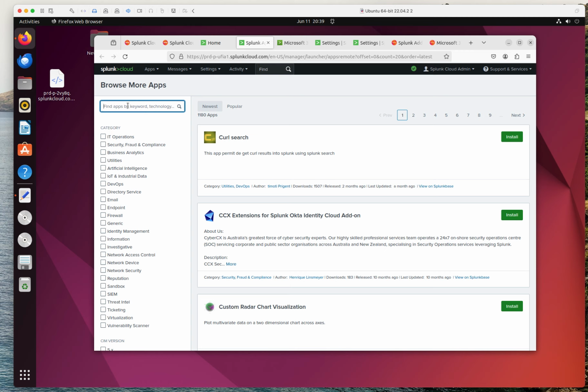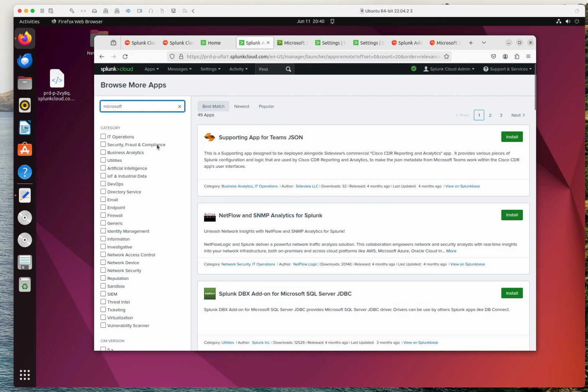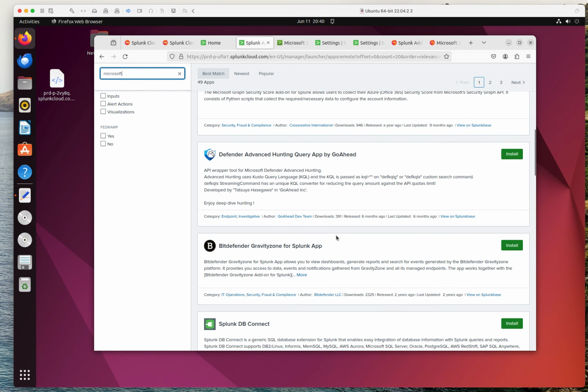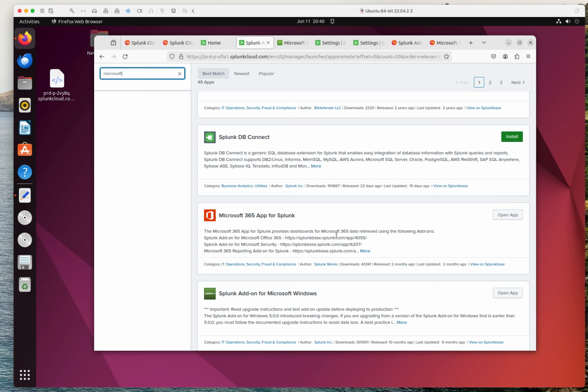For instance, if I'm working with Microsoft Office 365, that is what I have as part of emails and SharePoint and all that in the organization, you could do a search for Microsoft. Let's just do Microsoft, and you hit enter, so you'll see everything in here. When you do that, this Splunk menu is going to show you different apps that you can use that are related to Microsoft. In this case, we have Microsoft Office 365 app for Splunk,